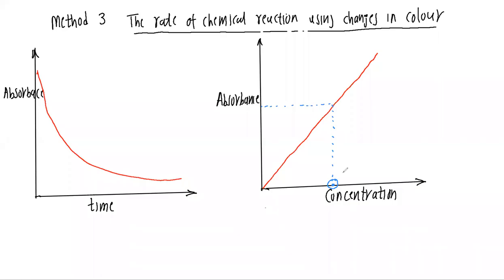Hi. Okay, let's look into the third method for measuring the rate of chemical reaction. We have already seen the methods: the increase in the concentration of the products. We saw that by checking the CO2, carbon dioxide, because as the reaction proceeds, the product concentration keeps on increasing. Then we saw that as the reaction proceeds, the concentration of reactant decreases.